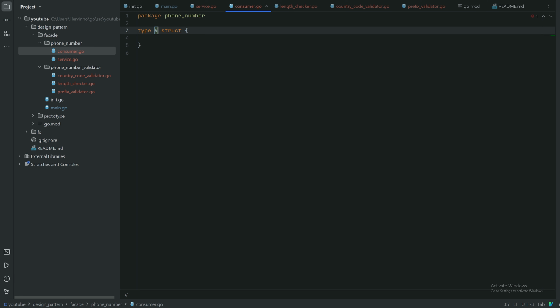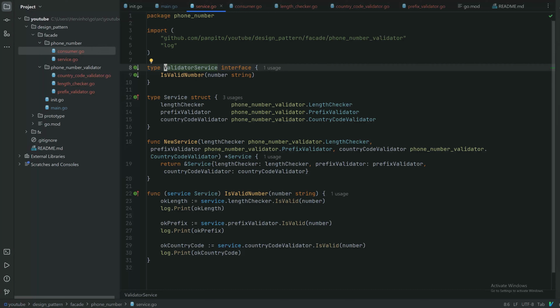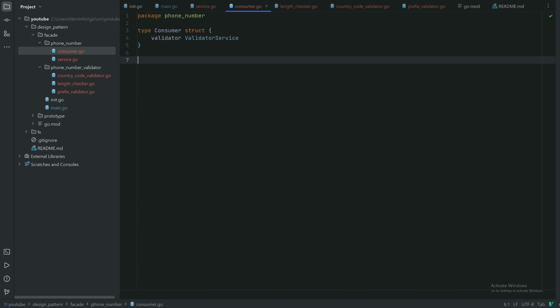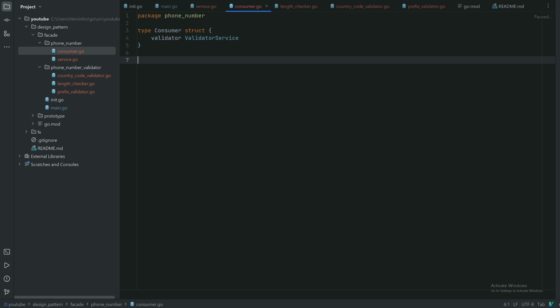So the service here is called consumer, and it has a validator, but the validator here is the interface that we just created. Okay, so if we just create a function on that consumer, like process as we called it for the service,